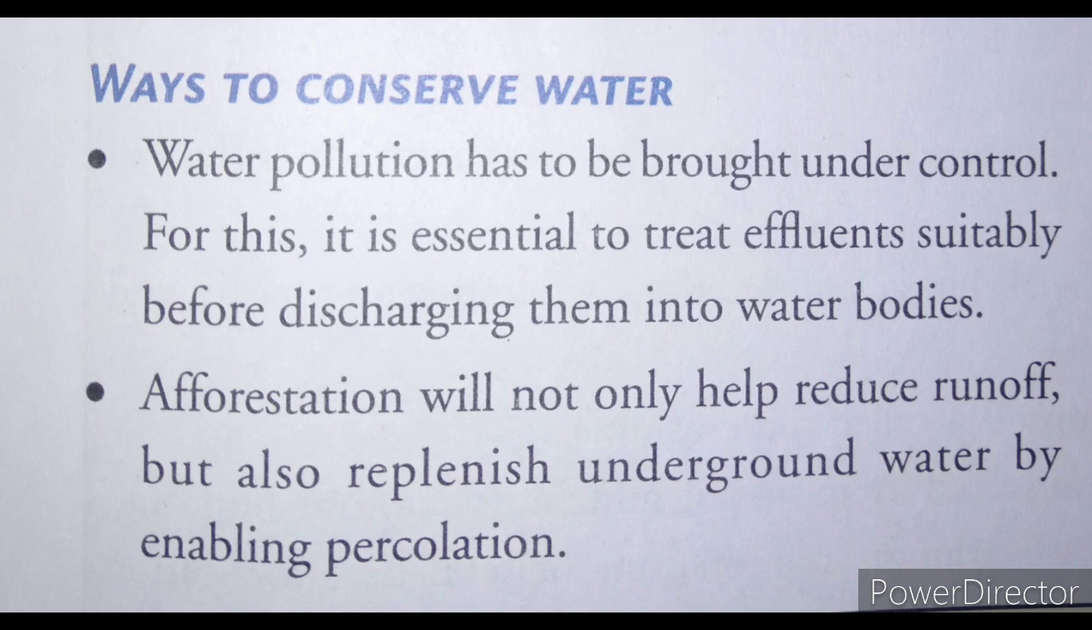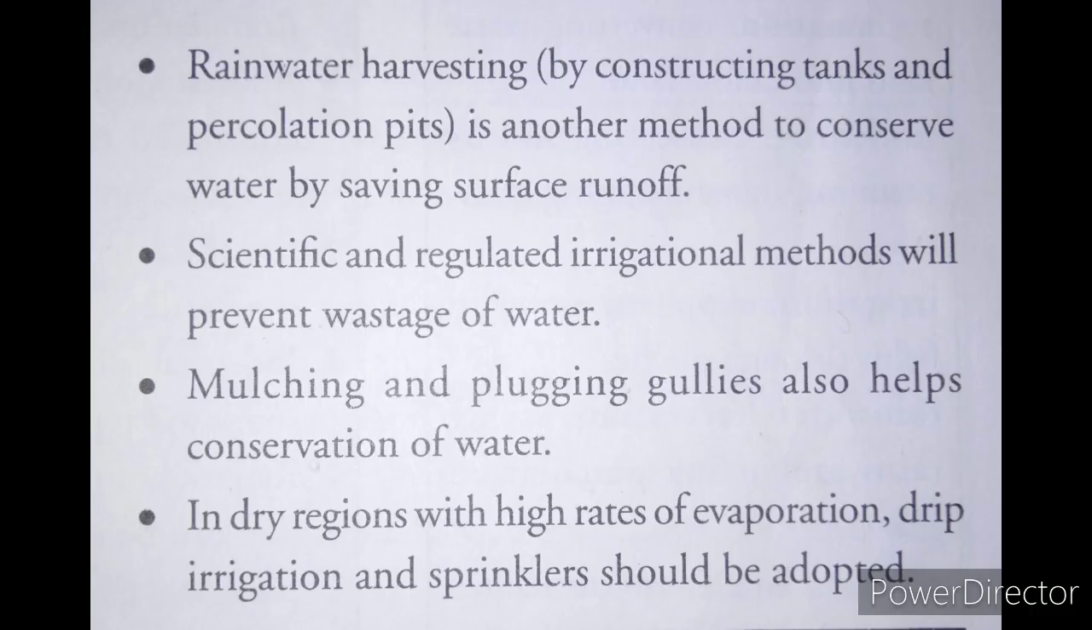Second is afforestation will not only help reduce runoff but also replenish underground water by enabling percolation. So what is that meaning? कि हमें ये करना होगा कि फॉरेस्ट को काटना नहीं होगा, उन सारी चीज़ों को रोकना होगा, जिससे कि हम ज़्यादा वाटर सेव कर सकें अंडरग्राउंड। Next is rain water harvesting by constructing tanks and percolation pits is another method to conserve water by saving surface runoff। हम रेन वाटर हार्वेस्टिंग सिस्टम को क्रिएट कर सकते हैं, जिससे हम बारिश के पानी को स्टोर करके प्यूरिफाई कर सकते हैं।